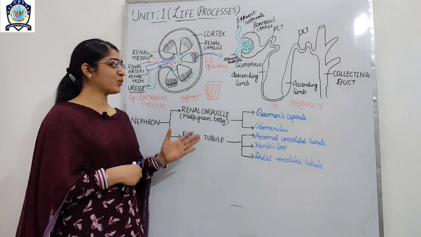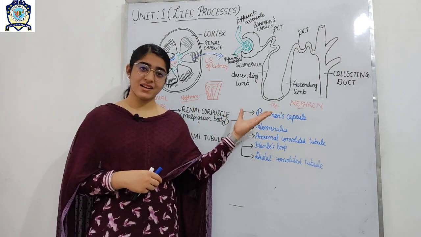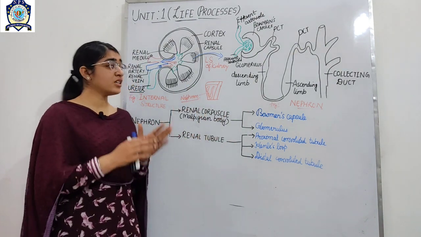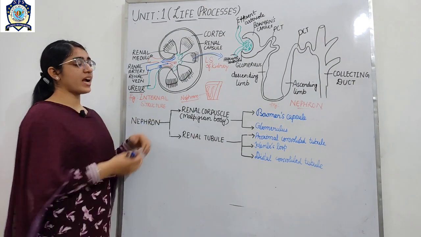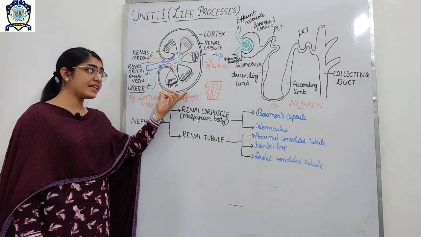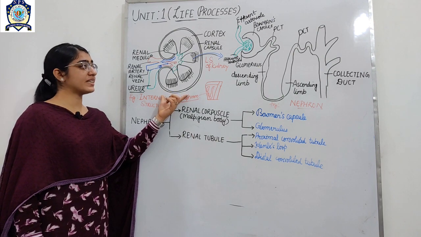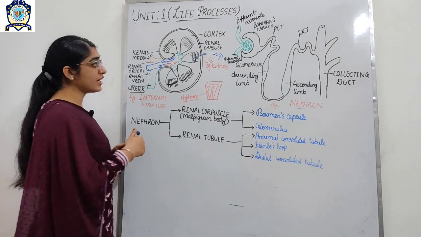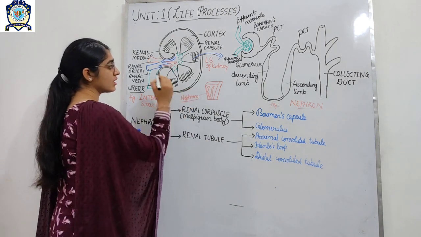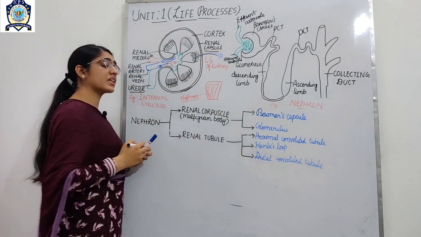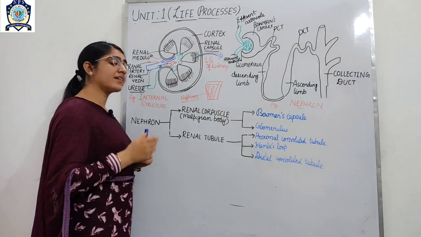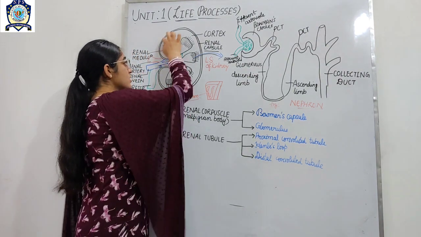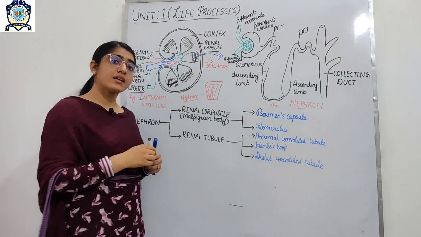So students, here you can see I have drawn two diagrams, but no need to be confused. I am explaining the topic one by one. So this is the first diagram. As you can see, the diagram of the kidney is representing the internal structure of the kidney. The outer layer of the kidney is known as the renal capsule. Renal is the term used for the kidney. So this outer sac is called the renal capsule.